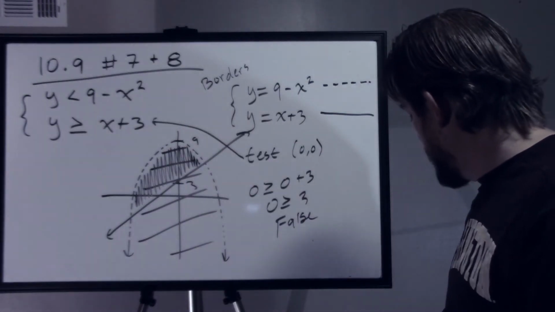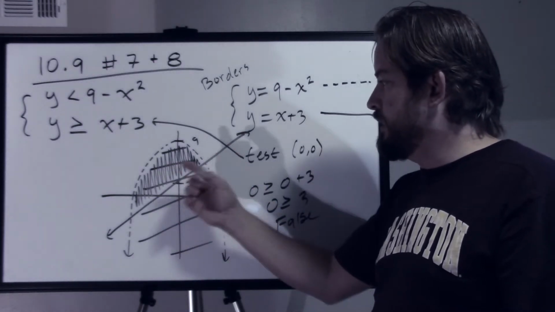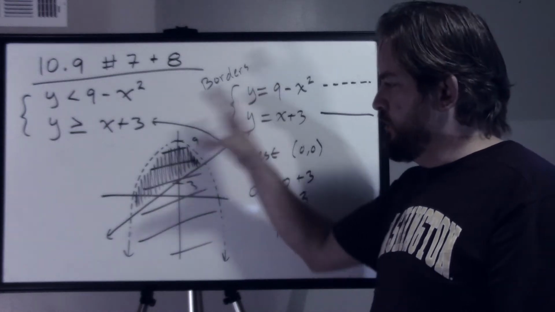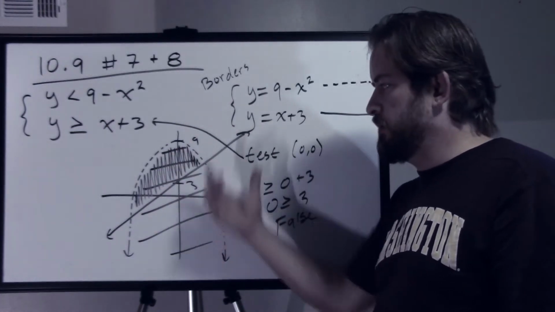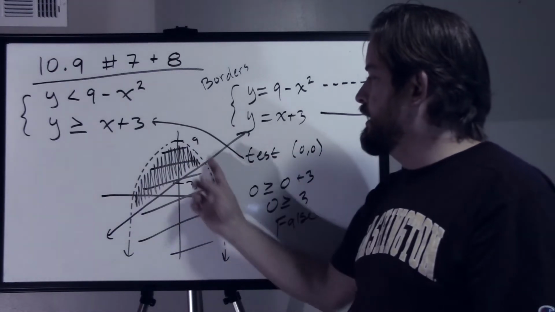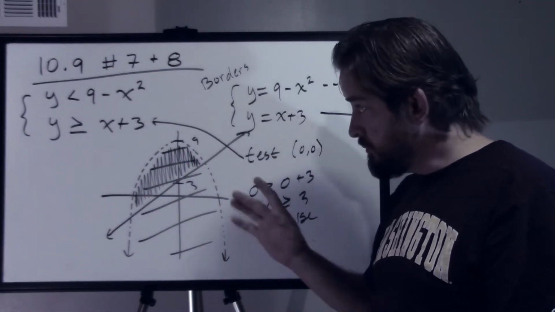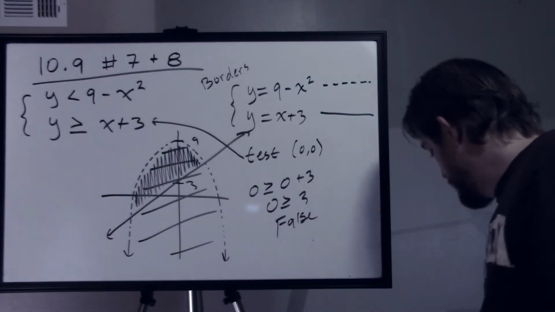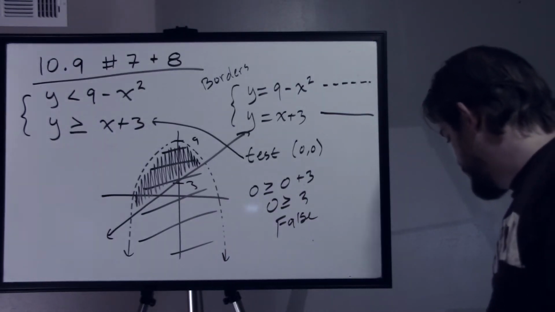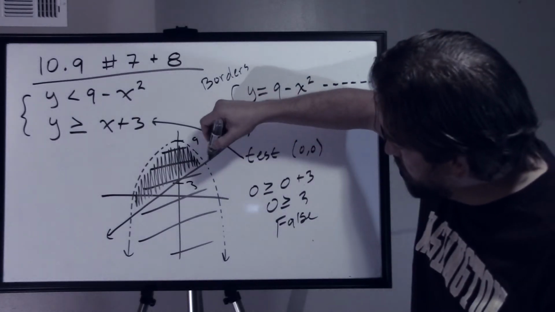You would just have to find, there's like 800 pictures down below of, you know, this is dotted, that's dotted, you're shaded all over the place. Find the one that is the dotted parabola, upside down, shifted up, and then the solid straight line, and then this shaded area in here, right? And that's 7. Number 8 then, though, asks us about these two points right here